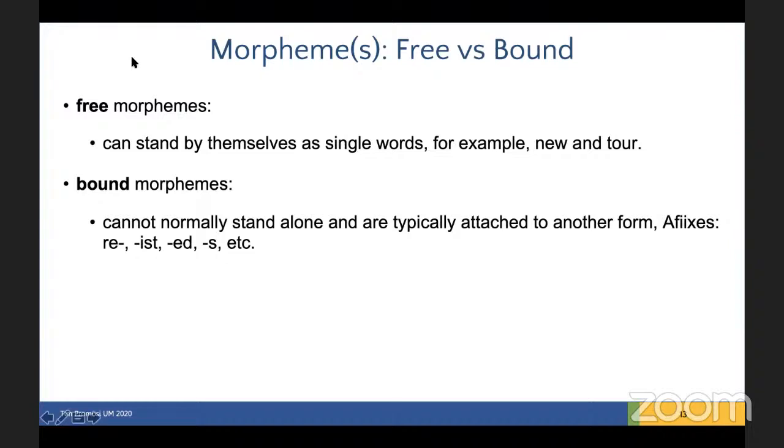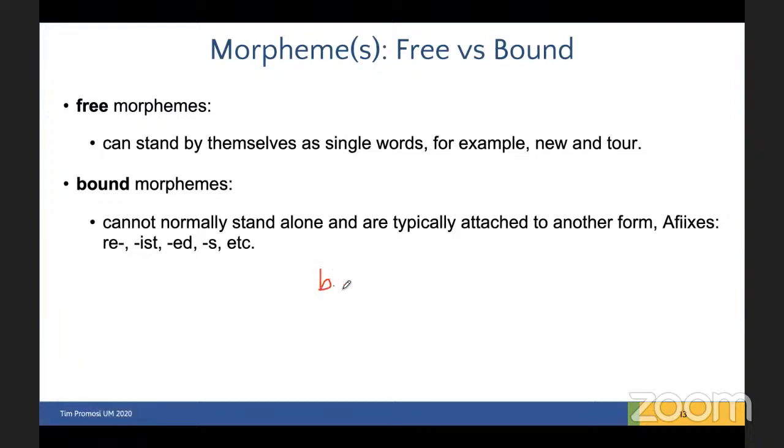Free morphemes, jadi bebas. Tapi kalau bound atau terikat, ya, they cannot stand alone and are typically attached to another form. Jadi awalan, imbuhan, akhiran, affixes, ya, re, is, ed, s, ya,